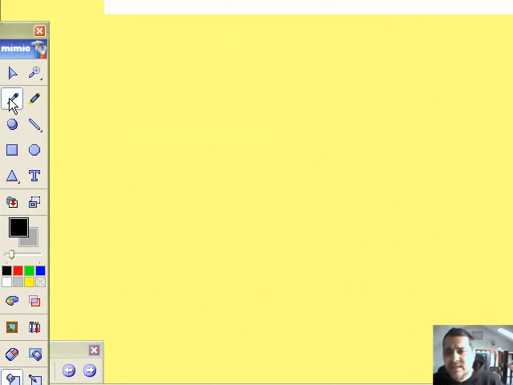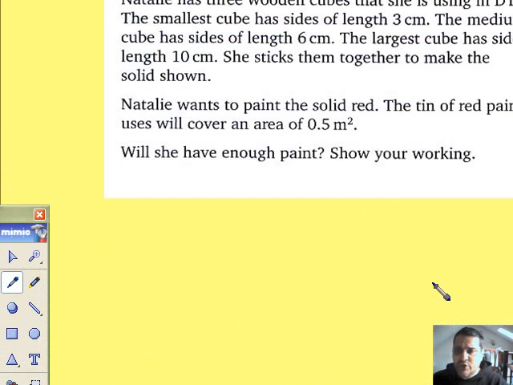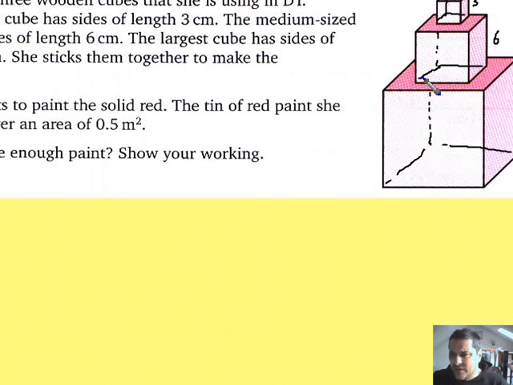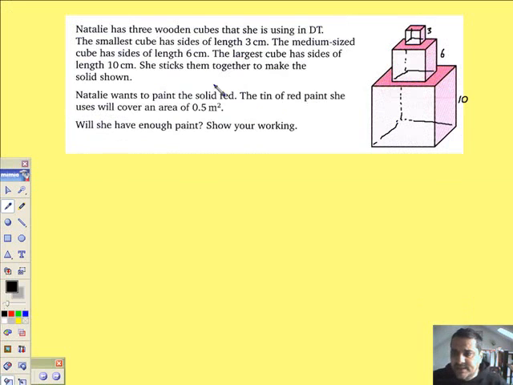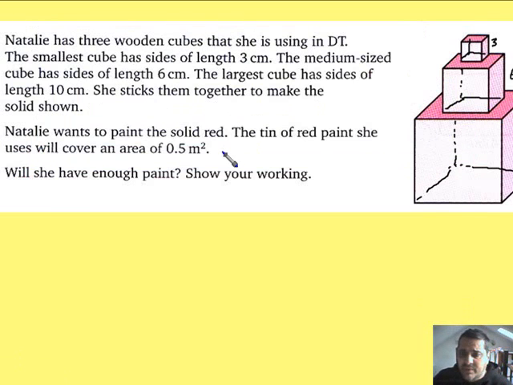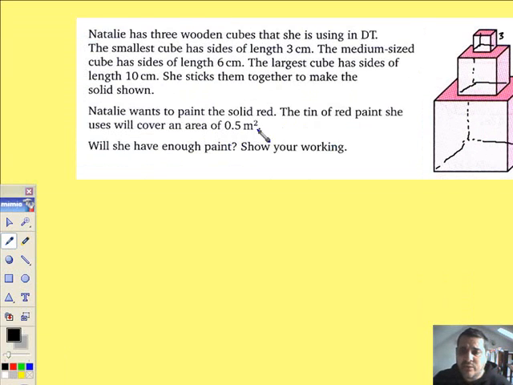Question 9 then. Natalie has 3 wooden cubes. There they are, 3 wooden cubes. She's made this in DT. I've tried to show you the 3D effect there by drawing in the other edges that you can't see. And so we have a height of 3, 6 and 10 for each of the cubes. She wants to paint this wonderful shape red, and the tin that she's using will cover an area of 0.5